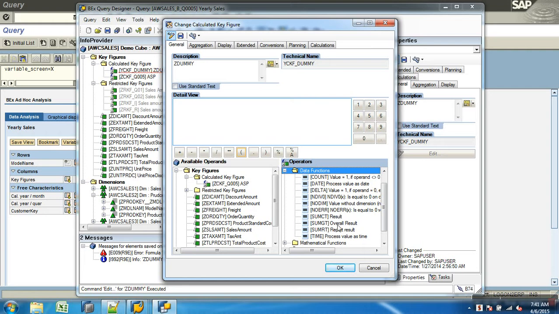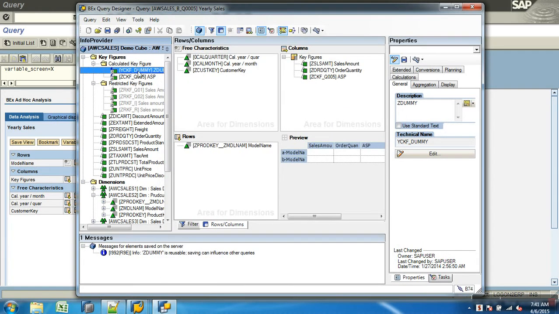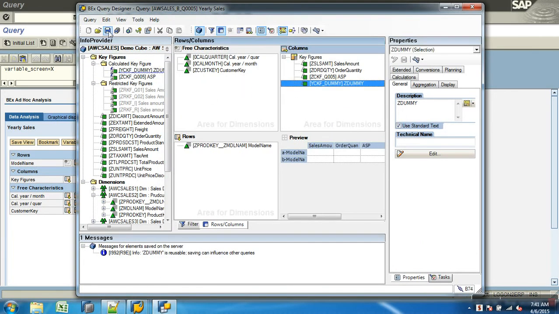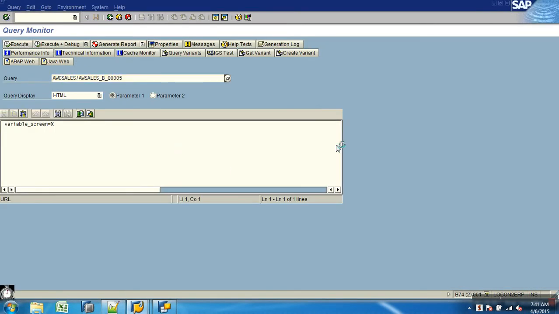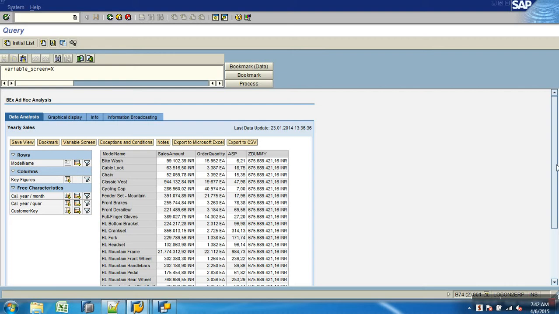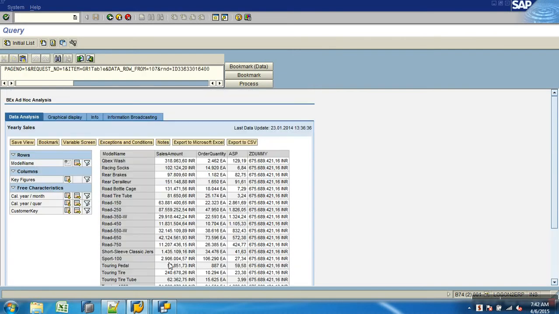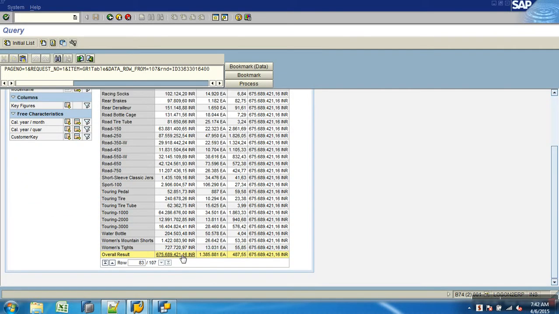Result to overall result. If you want to refer to the overall result of, let's say, amount, this will just refer to the overall result of the sales amount. Whatever the overall result of the sales amount is, it shows all of that in this column. What is the overall result, was 675 something, right? So 675. Now you get the overall result like this. So when you want to refer to the results of some column in calculations, we can use this function.